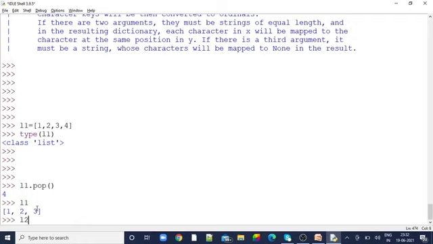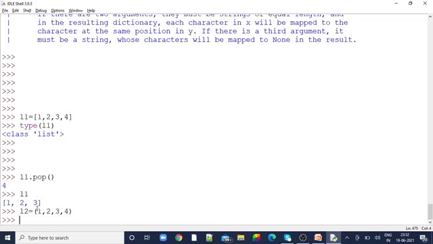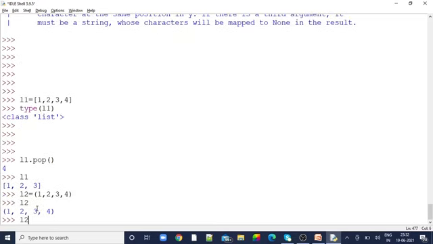Now I'm going to create one more sequence, but it is a tuple, so I'm going to give 1 comma 2 comma 3 comma 4. I'm going to print L2, it's fine. Then what are the available options? See, there are no modifying options present, only count and index. It's not possible for me to modify the sequence once the tuple is given. If you are not going to give any value, then by default it is going to create an empty sequence. That's it.